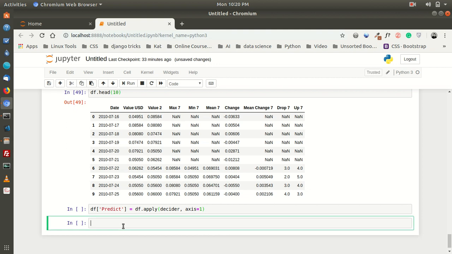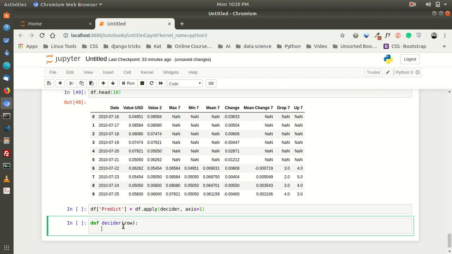So it's def the decider. Def stands for the function. That's how a function is defined in Python. So define decider row, and if in this section called drop number 7 equals to,